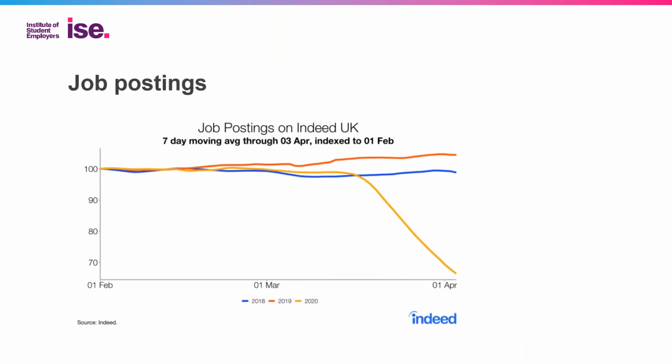I've posted various statistics and charts that look like this, but this one was pretty recent. This is job postings on the Indeed site, and it shows a massive and unprecedented drop-off in the number of job postings during this year as opposed to the last 2 years. So the number of jobs being advertised in the economy is much, much less than we might normally expect.